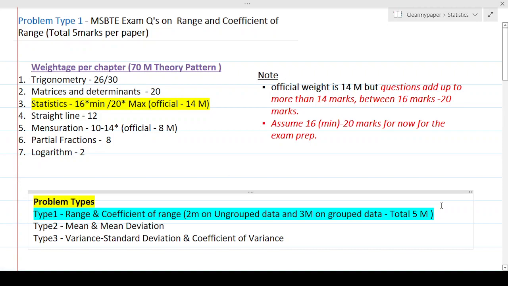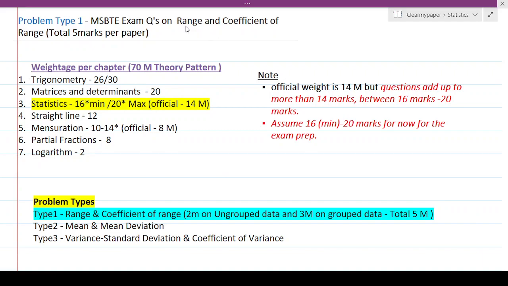All right, let's talk about some of the exam problems on range and coefficient of range for the MSBT paper. We already covered the range and coefficient of range in the previous episodes, so just check out that. And as a quick recap, for the overall strategy, if you recall, the overall statistics,